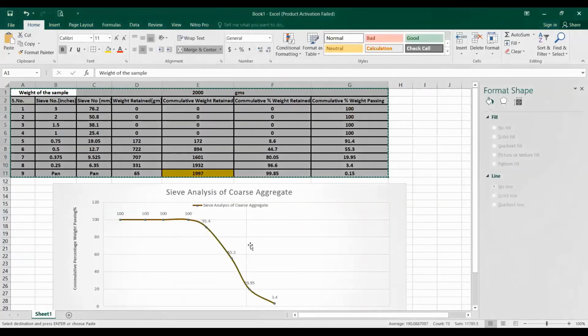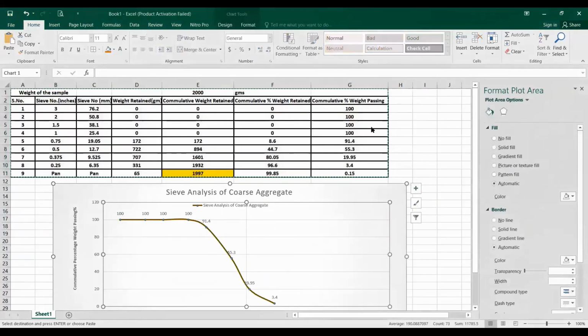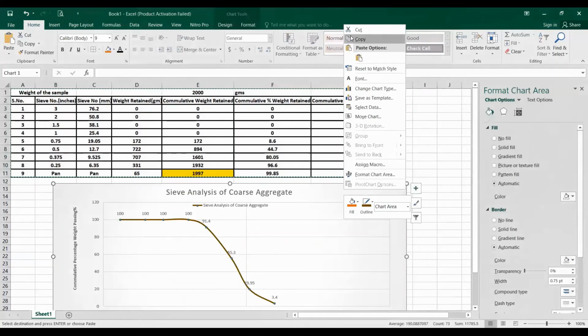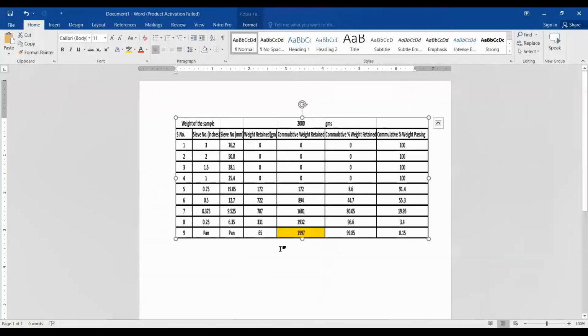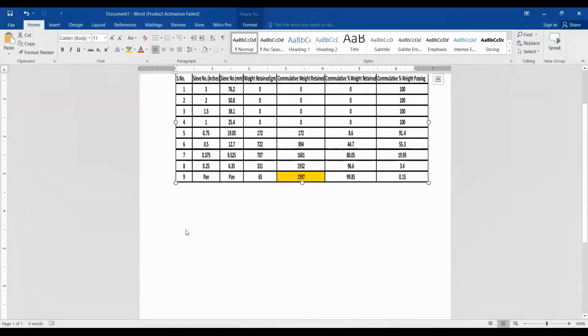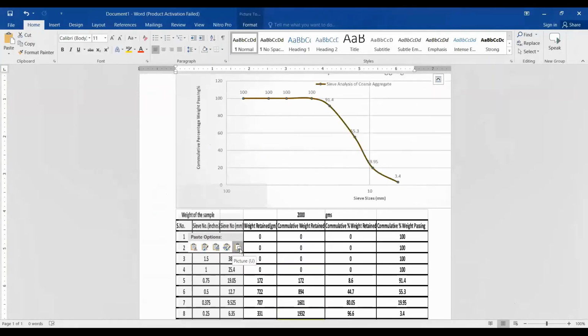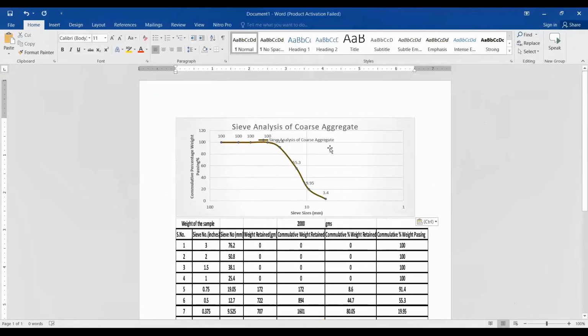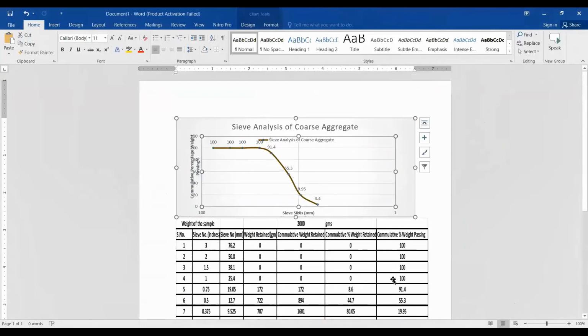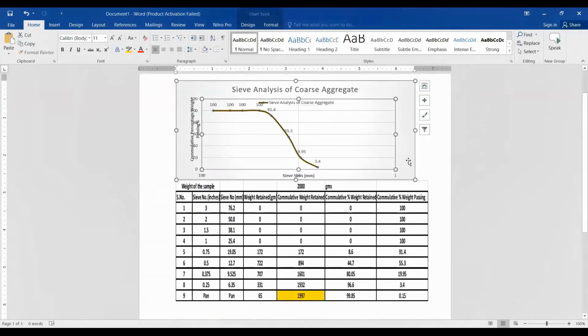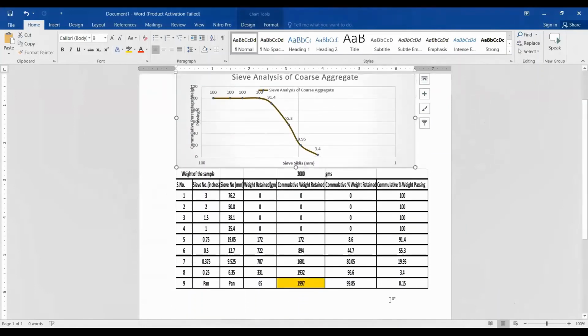And then what you have to do, you have to select this graph from your MS Excel, and you have to copy from here and put it on the Word. And now you can arrange both sizes. You can select which option you want to check out. It is coming out to be big, so you have to take a selection, and if you want to bring it down, you can arrange it.